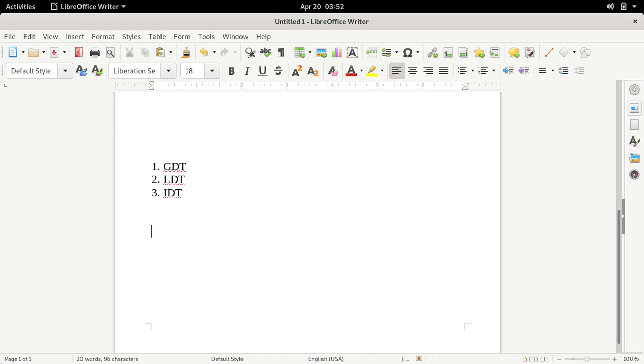All these tables contain descriptors. GDT, LDT, IDT, all these three types of table contain descriptors. We have seen the format of segment descriptor. The size of a segment descriptor is 64-bit. Again, they are of two types, system and non-system. If the S bit present in the segment descriptor is 0, we can say that it is system, otherwise it is non-system. In non-system, again, we have seen different types like code, data, stack. So all these descriptors are present in GDT, LDT as well as IDT.